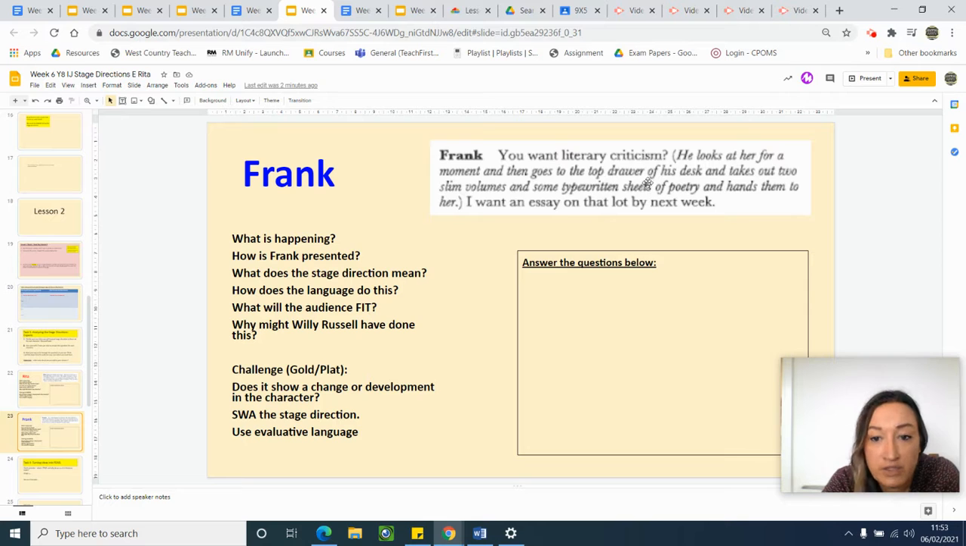Okay, so there's quite a long stage direction here. He looks at her for a moment, then he goes to the top drawer of his desk, takes out 2 slim volumes and some typewritten sheets of poetry and hands them to